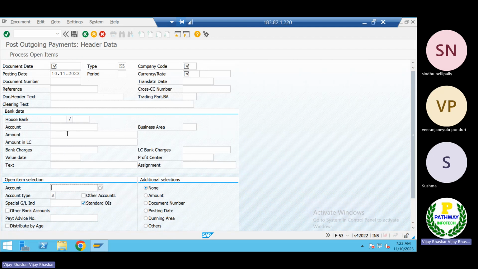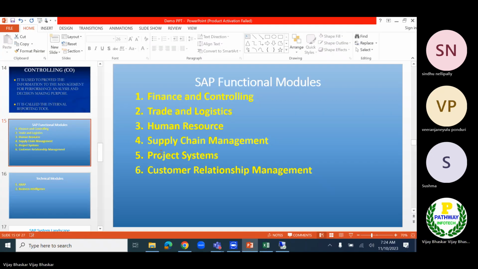But in order for that information to appear, the functional consultant needs to create company codes, currencies, document dates, and make sure that vendor information, house banks, and payment methods are all ready. Keeping it ready means they will do the configuration in the system. That is the job of the functional consultant.